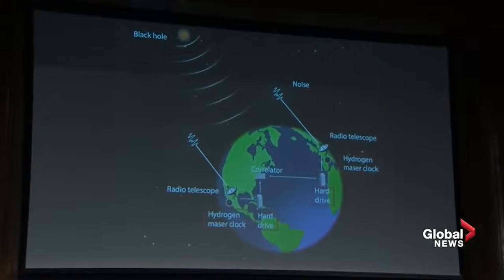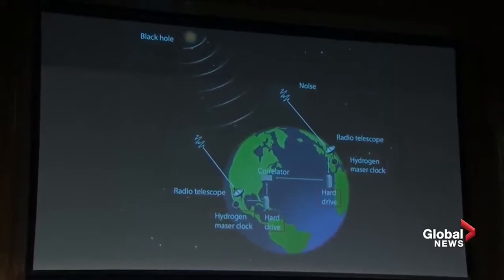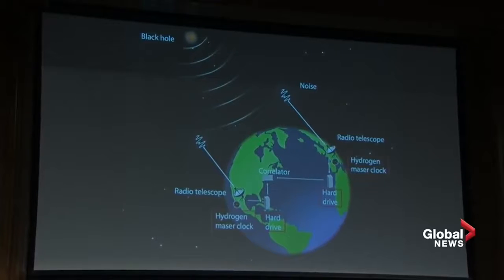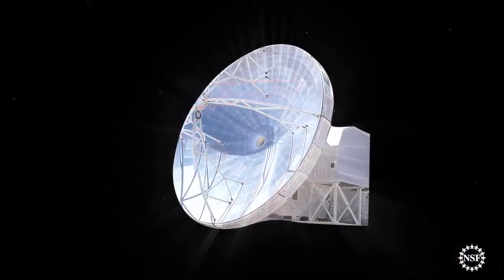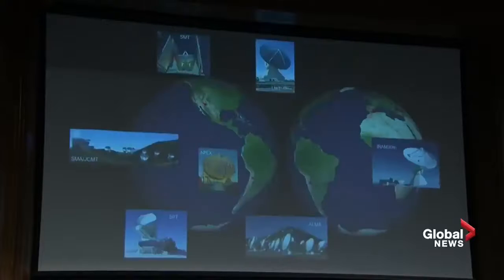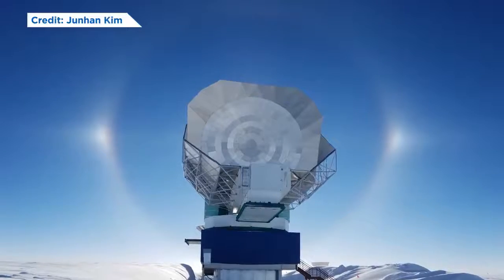It's exactly the same way that a mirror used at an optical telescope reflects light perfectly and in synchronicity to a single focus. And when we do this, we can synthesize a telescope that has the resolving power as though we had one the size of the distance between these telescopes, truly turning the Earth into a virtual telescope. All the sites that we used can be seen here. We have telescopes from Hawaii to Arizona to Mexico to Chile to the South Pole and